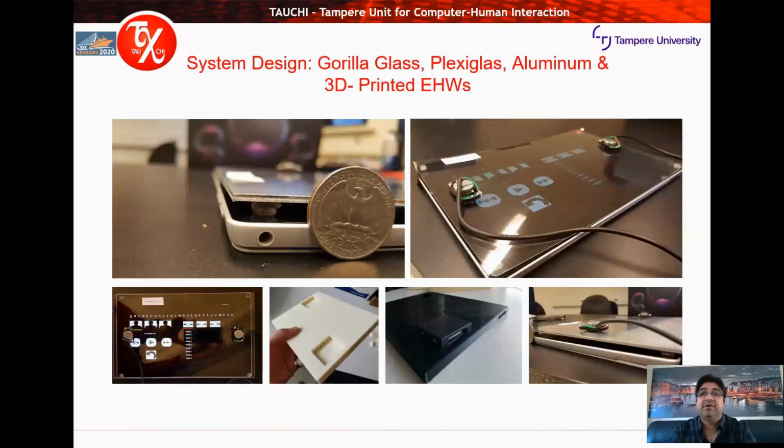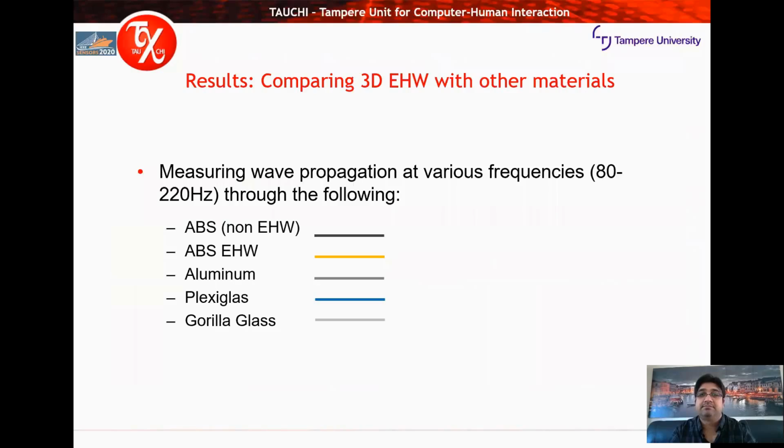To test this in a practical setup, we used 4 2mm thick overlay materials and placed them on a Microsoft Surface Pro device to compare the propagation of the same sinusoidal signal applied through a tectonic voice coil actuator. We measured the maximum displacement and signal attenuation at the center of the device, about 95 millimeters away from the actuator, for all the different overlays, which included Gorilla Glass, plexiglass, aluminum, and the 3D printed ABS material